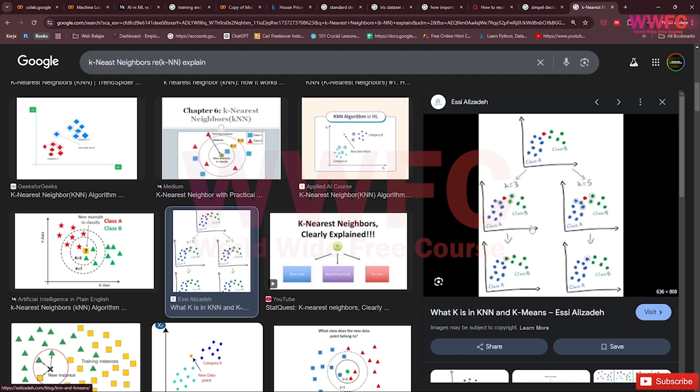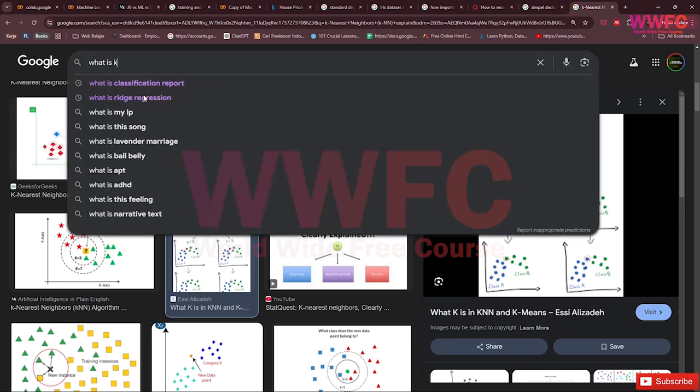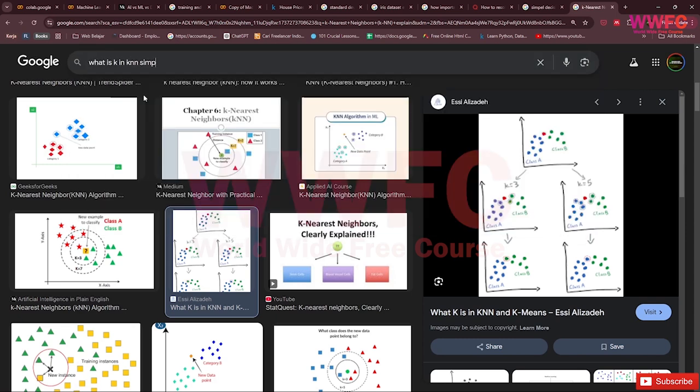So in here, what is K in KNN, and K means it checks the nearest neighbor. Maybe what is K in KNN, a simple explanation, right?